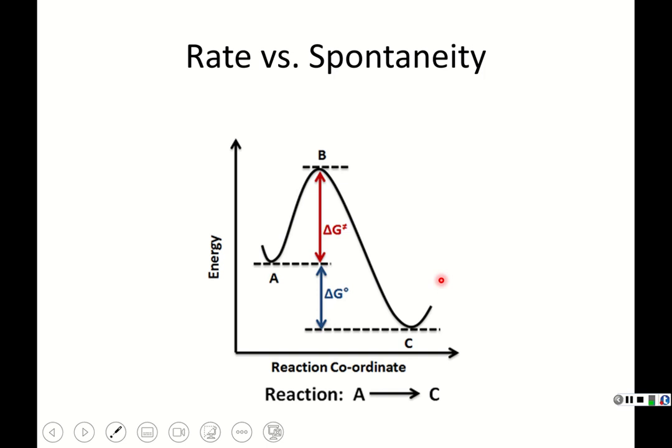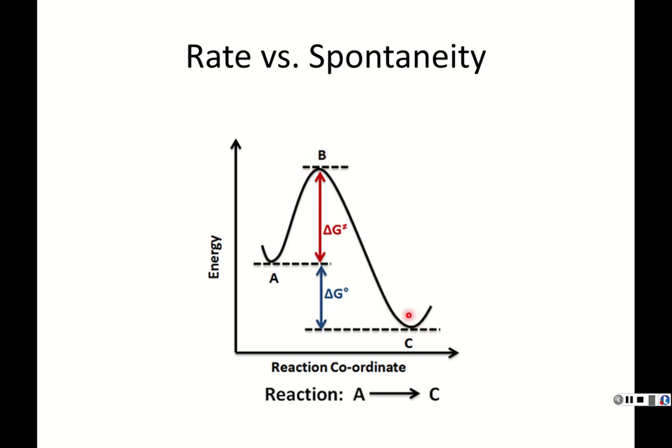Right, so in this case, it's just a generic reaction, A going to C. The change, the delta G overall for this process, C is lower than A. So this is going to be a negative delta G, so this is a spontaneous process. But the height of the activation energy, this barrier to overcome, A has to go through B before it